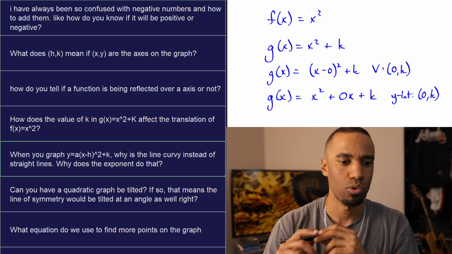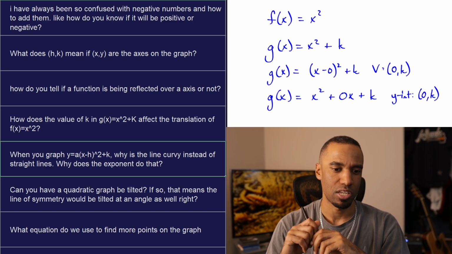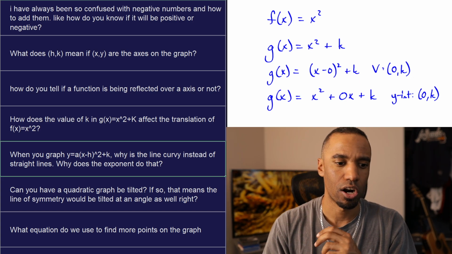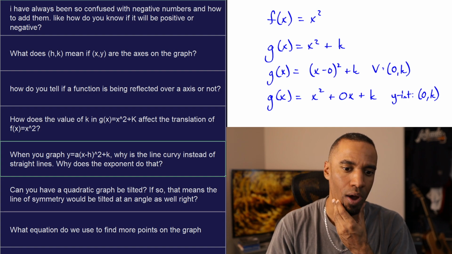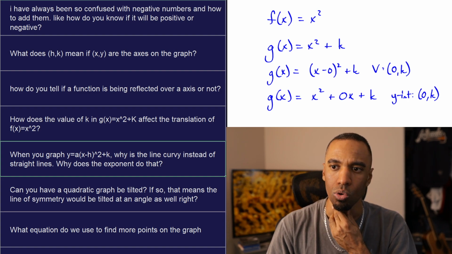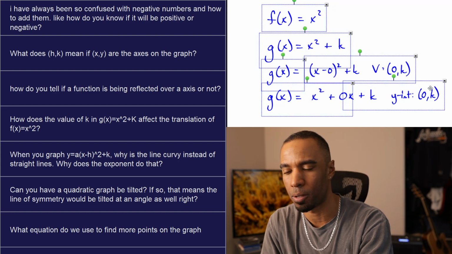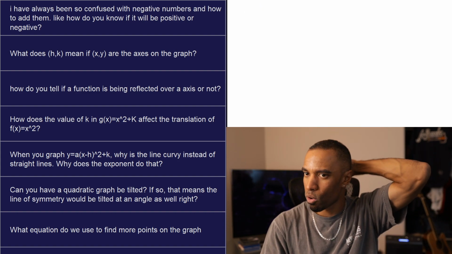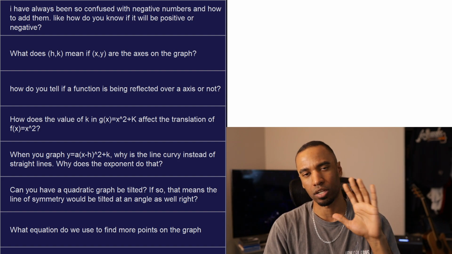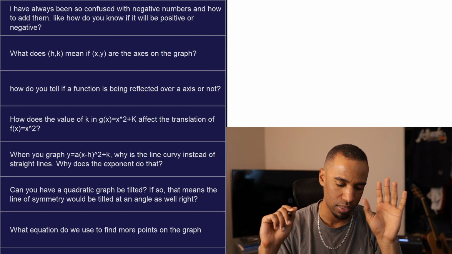All right, next question: when you graph y equals a times the quantity x minus h, squared, plus k, why is the line curvy instead of straight lines? Why does the exponent do that? Ooh, I could answer that in too many ways, and time-wise I shouldn't here. Let's think less about the curvy versus straight. Let's think more about the idea of,